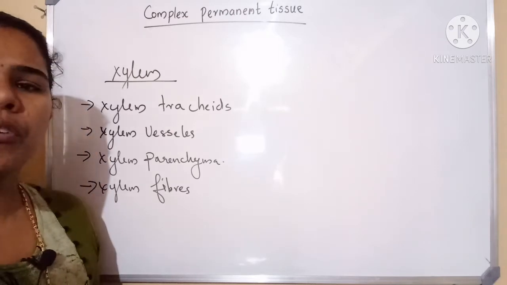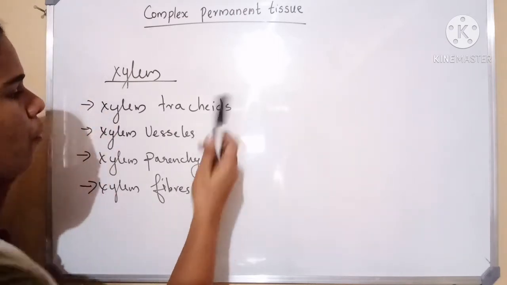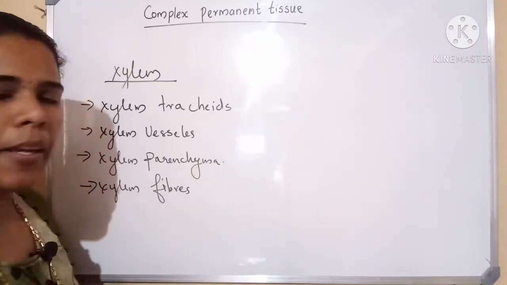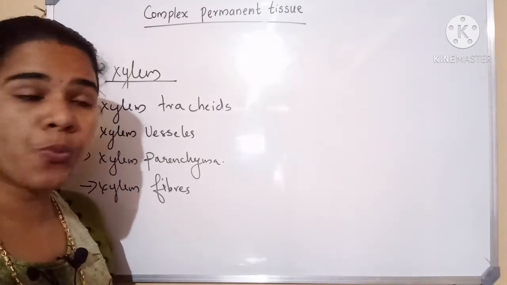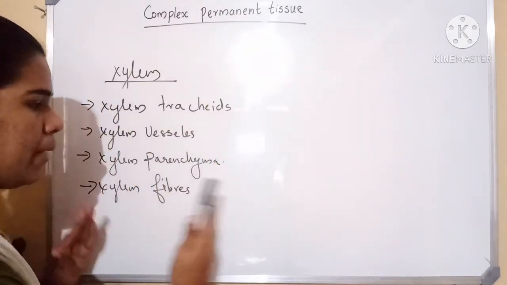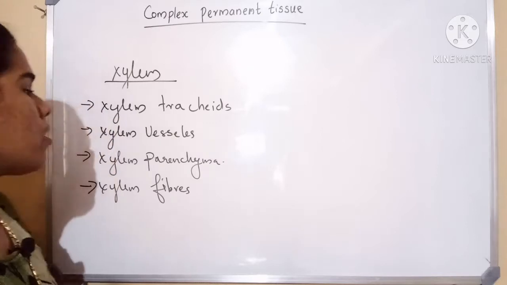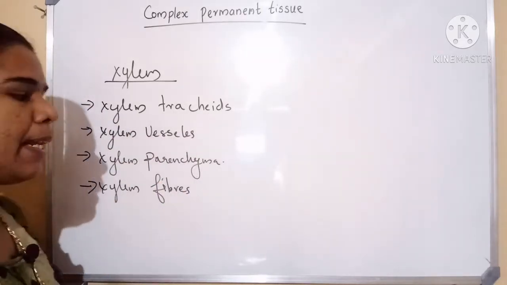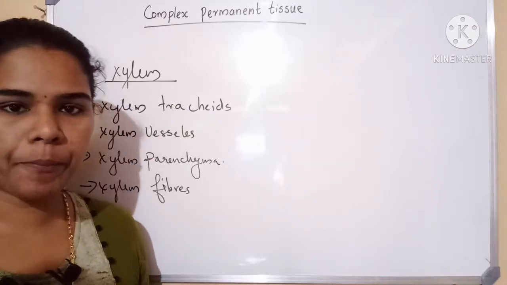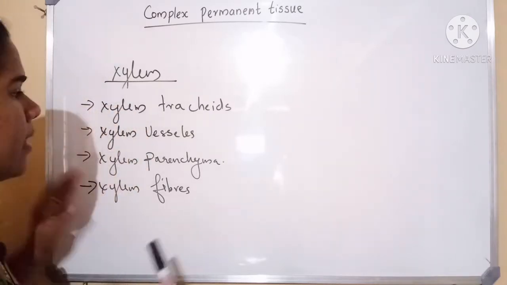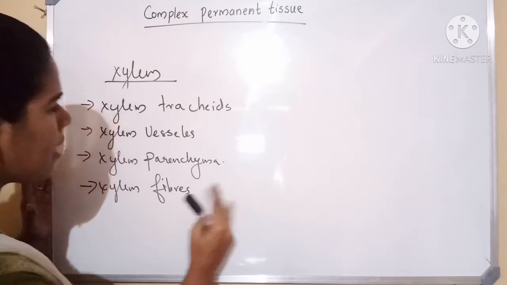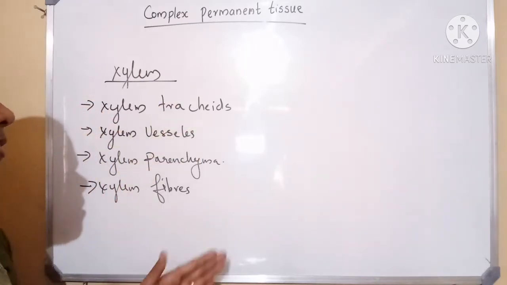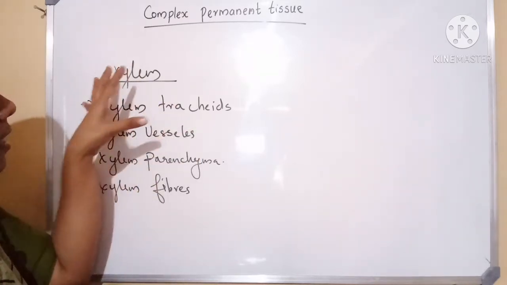Xylem fibers. So these are the 4 elements. The xylem tissue is made up of these 4 elements. The first one is xylem tracheids, xylem vessels and xylem parenchyma. And the main function of these xylem elements are,